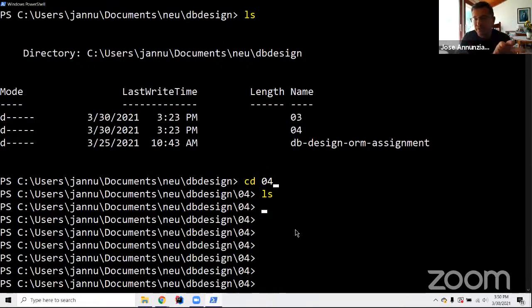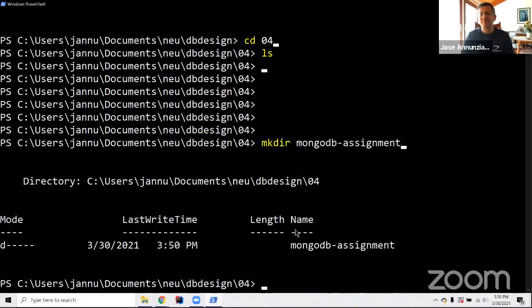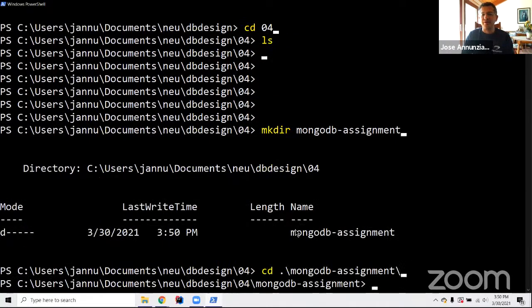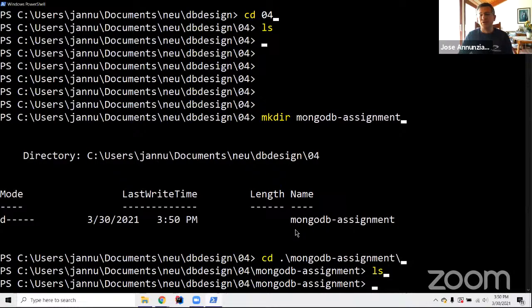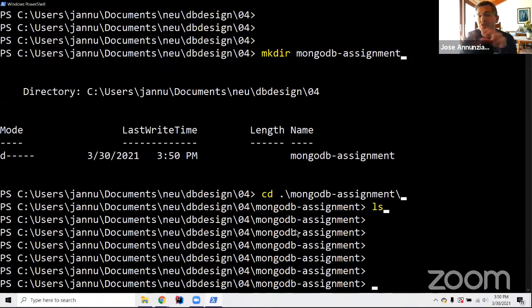And we're going to create a directory here where we're going to do our assignment for MongoDB, right? Something like, make a directory called MongoDB assignment. Okay, we're going to go in there, and you're going to do all your work here. Once we're here, we're going to create a data directory, and that is the directory we're going to